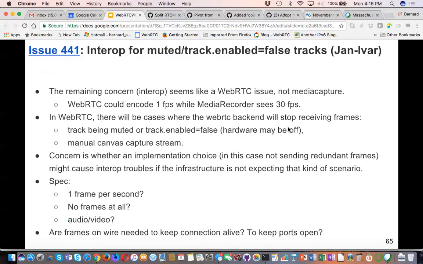If you do a baseline test, after it doesn't get any video traffic for a little bit of time, it freezes the last frame that was there. Should we specify that?